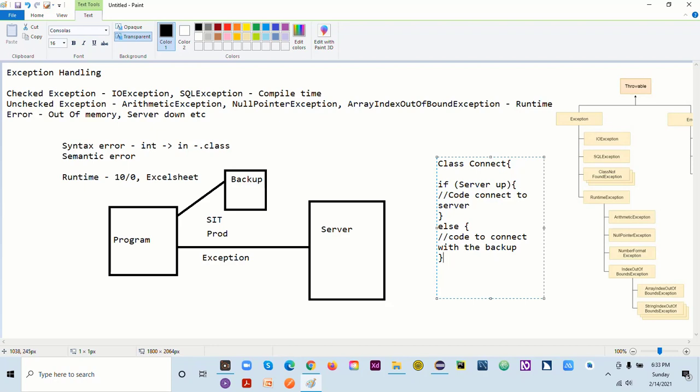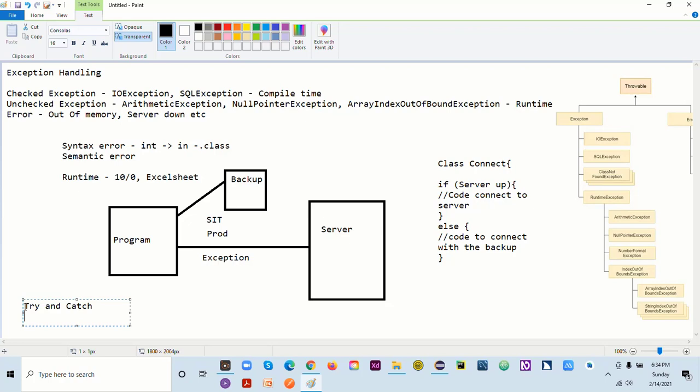That's why we use exception handling. Normally at this place we use two keywords, which are try and catch. The normal code will go into the try block, and your exception handling code goes into a catch block.